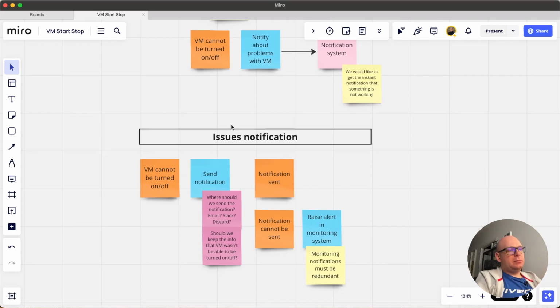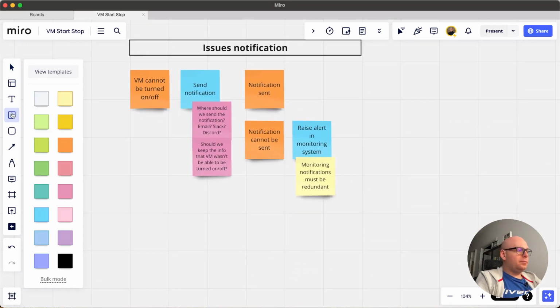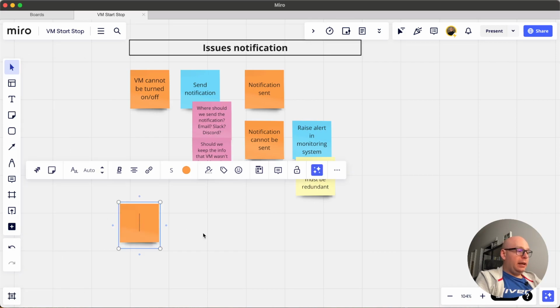Maybe it's the notification part. I'm thinking what we would like to communicate via this service, via this component. Only if something is not working? Because I see that maybe in the future we can add here